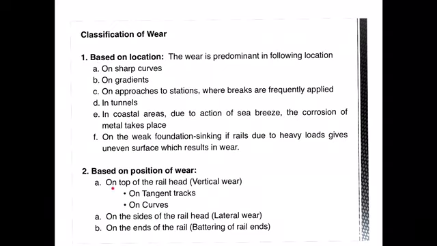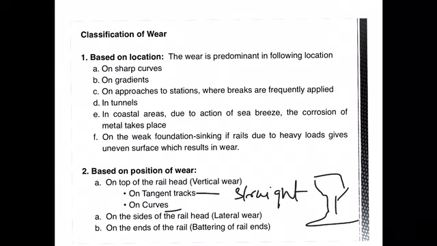So the first type is on the top of the rail head, which we call the vertical wear. So vertical wear will occur both on the tangent track, tangent track is nothing but the straight track, as well as on the curves. The second position where rail wear can be expected is on the sides of the rail head. That is nothing but the